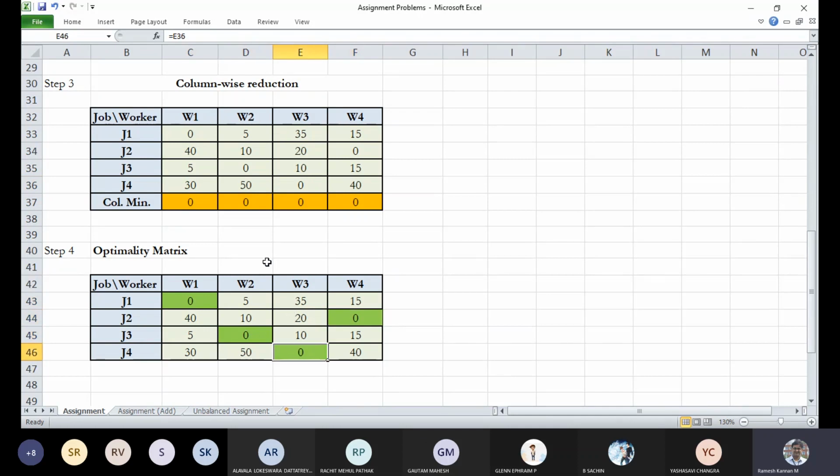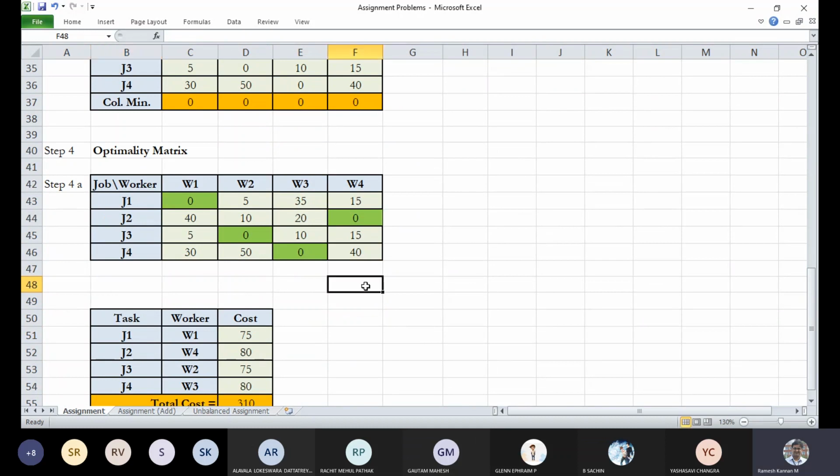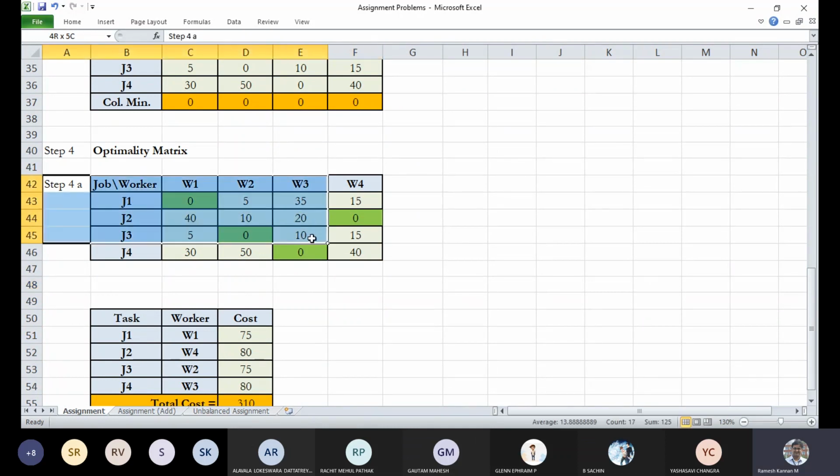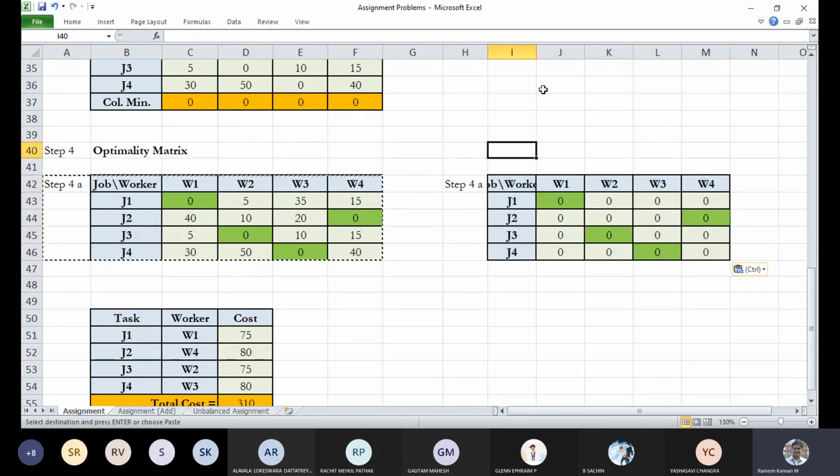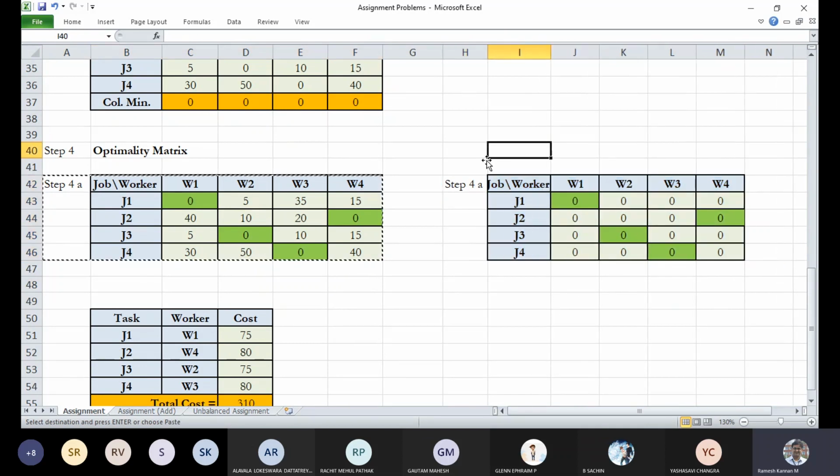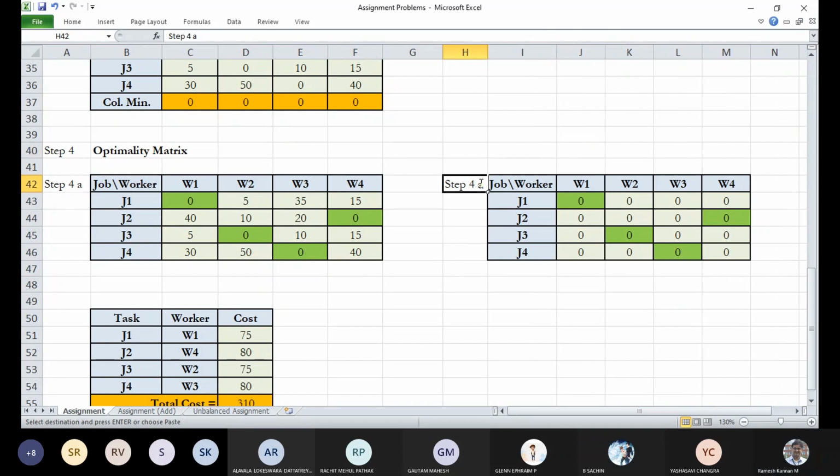So which means that this is just step 4a. There's another thing you should really look into, which is step 4b. Luckily, in this case, we don't have much of that implication. Let's take a look at that. Right. So once you do allocations, like when you mark all the zeros,